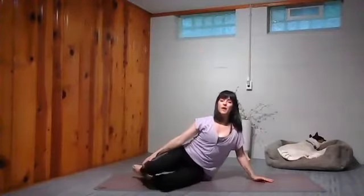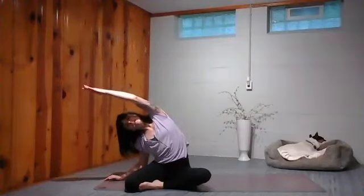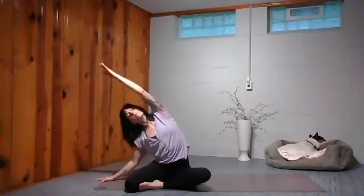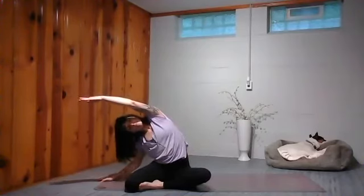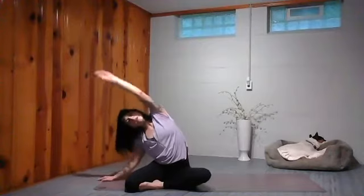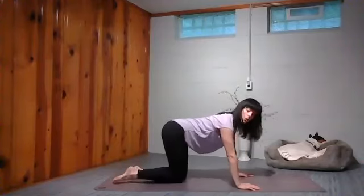Very nice, everybody. Open your feet into that mermaid or merman position. And we're going to take the right arm up and over. Coming up, inhale. Let's do that again. Exhale, up and over. Maybe go down a little deeper. We're going to come up, cartwheel our arms, and turn our bodies to face the mat into that 4-point quadruped